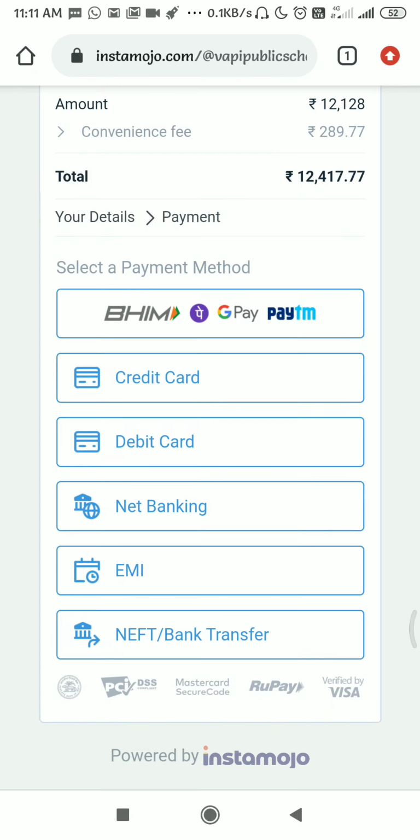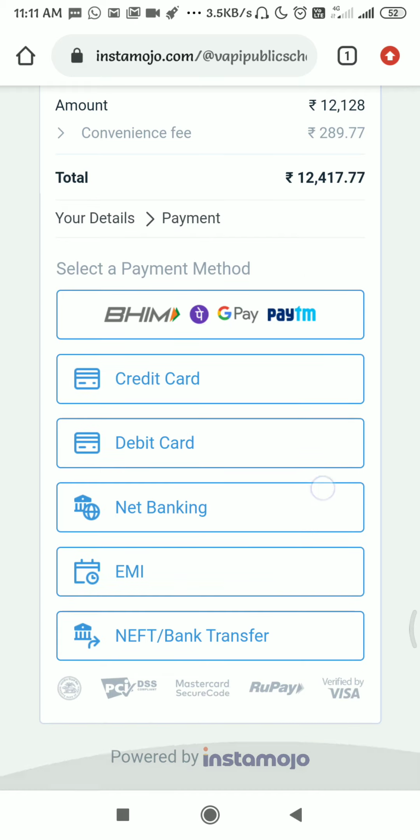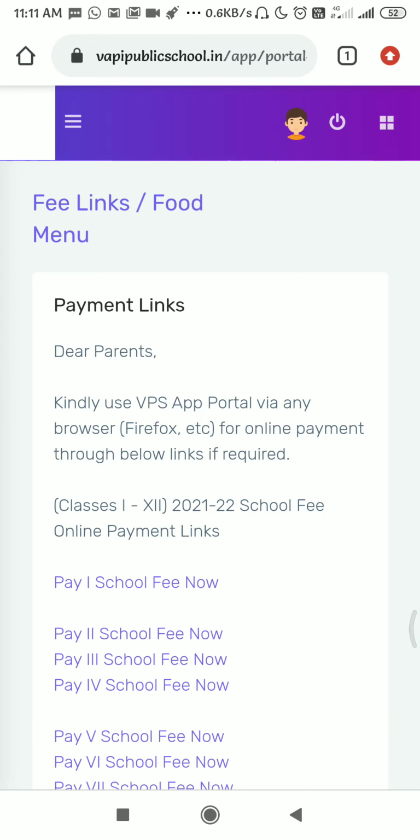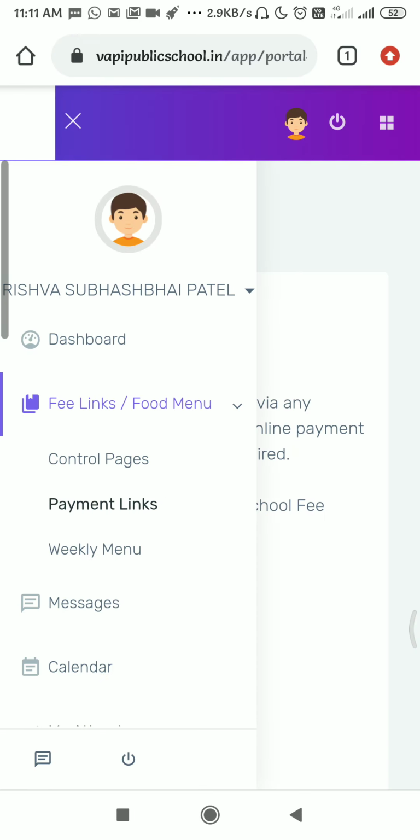Then click on next, and from here you will get the NEFT option in the last. Select this and you can do the payments without any extra charges. So like this you can do the fee payment also.